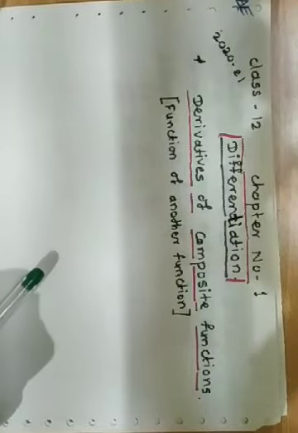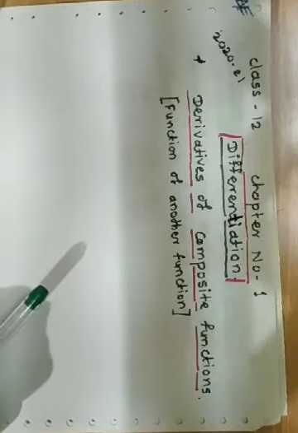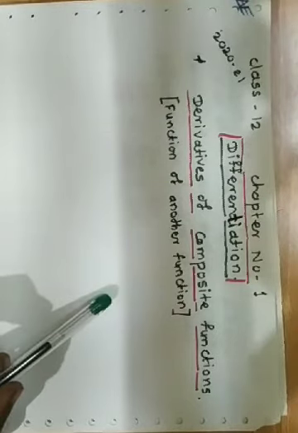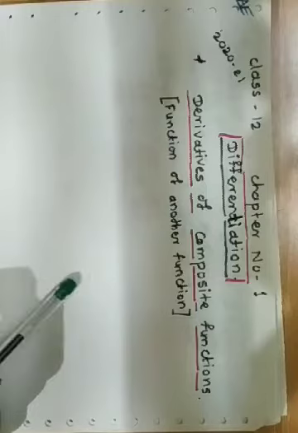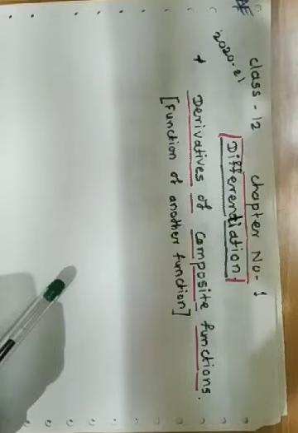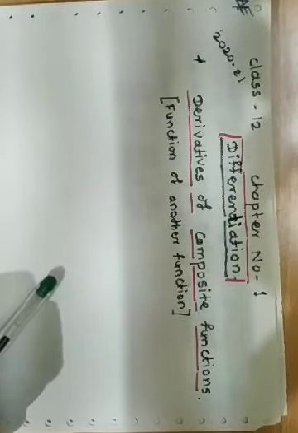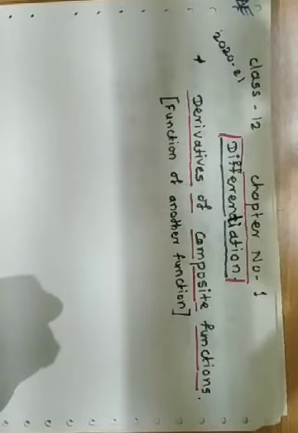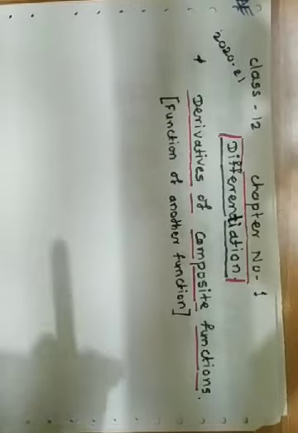The theorems are asked for 3 marks or 4 marks, and the question is: prove the theorem of chain rule. The statement is given to you in the exam, and further you have to solve one example. It is attached to this question also, and then this question is asked for 4 marks. Let us see how to prove the theorem in this lecture.